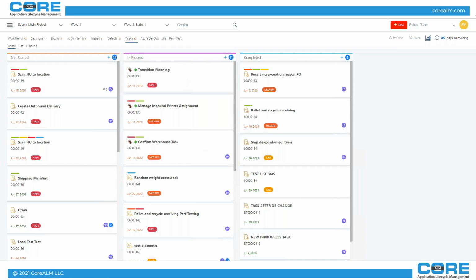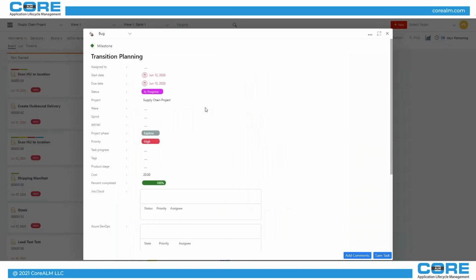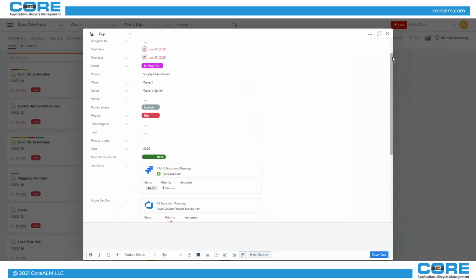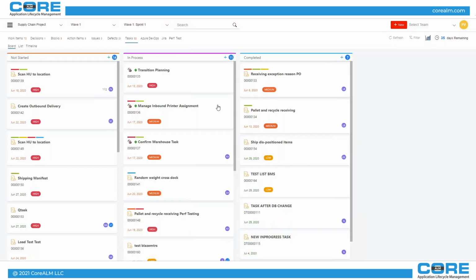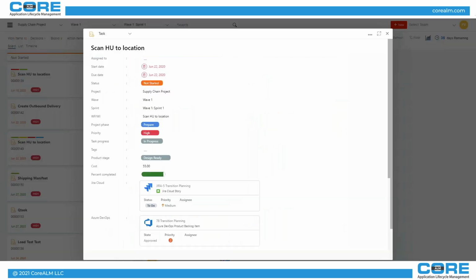And if I go to click on the task, you will see this task. I can have these tasks linked to both Azure DevOps and Jira. So if I have a task to do this work in Jira, I will have it linked to Jira. If I have it for Azure DevOps, it would be linked to Azure DevOps. And if I have a work item or work package assigned to this one, it will also be linked to this task. So I can also track these tasks based on the progress and get all the details of these tasks